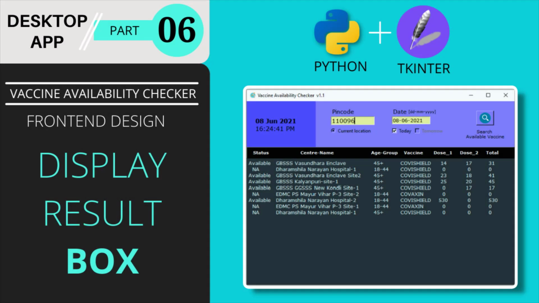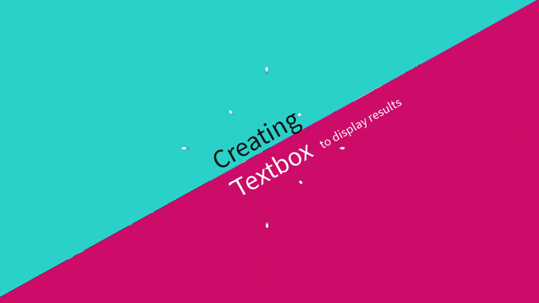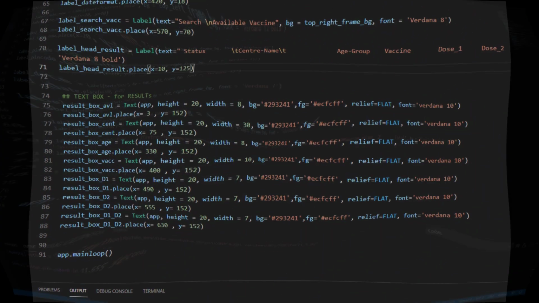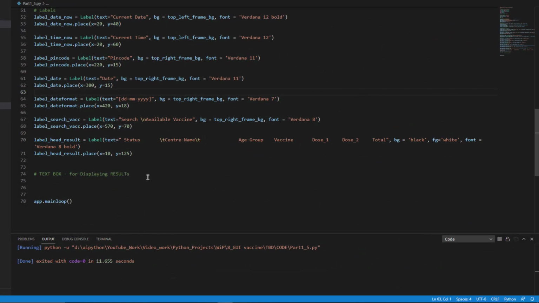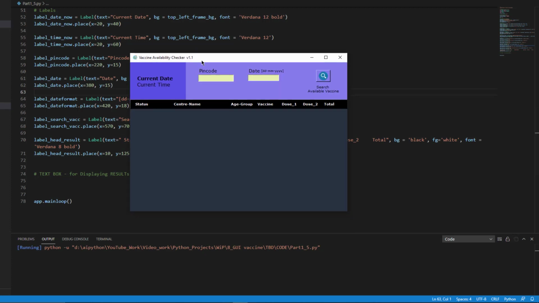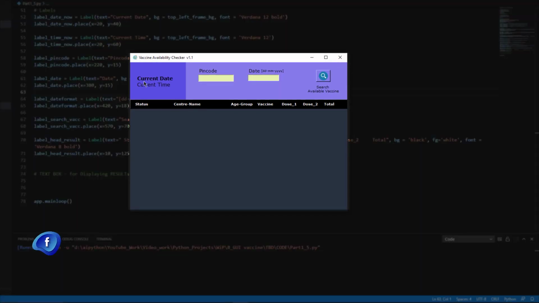Let's get started with implementing the code for creating the text box. As usual, before even writing a single line of code, I would like to execute the code and show you what we have done till now. So as you can see here, everything has been designed: the frame, GUI window, the text box, label, button, the status, everything has been done right now.